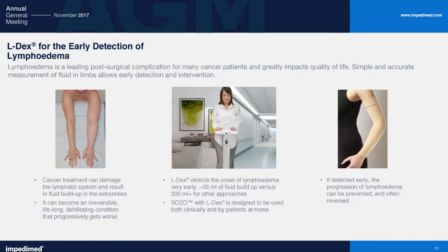So if you'll notice this picture on the left, that's a woman whose left arm has been affected by lymphedema. That's chronic, it's lifelong, it will have to be treated for the rest of her life. Our device in that center slide, it's a woman who's being tested. Again, that test takes 20 seconds to conduct. That patient can use that device at home or in a clinical setting, and it's simply just putting on a compression sleeve. We can detect small fluid shifts from arm to arm or leg to leg as small as 35 milliliters, and it takes a simple compression sleeve or stocking to reduce the onset of lymphedema. I can tell you the clinical studies would show that we have a 90 to 95% rate of lack of